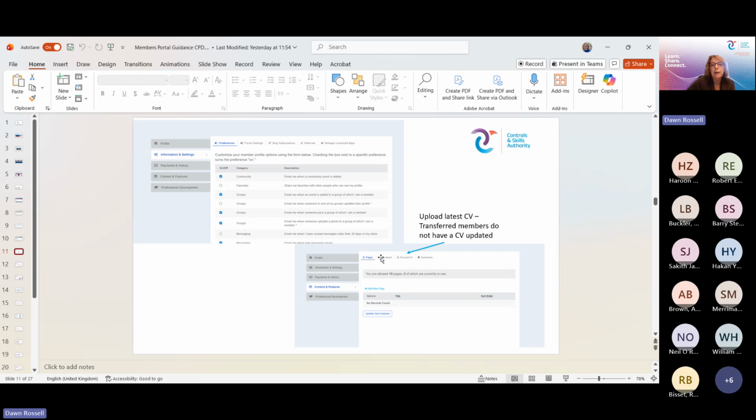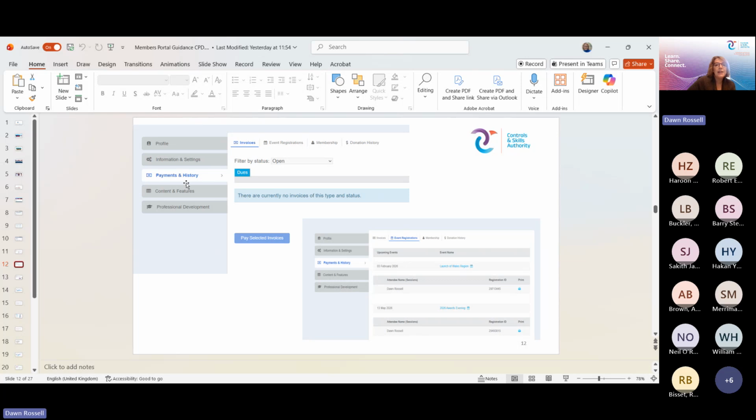If you wish to give us feedback, there's a button there to provide feedback that comes straight through to the system for us. The next tab, payments and histories, fairly self-explanatory, but if we click on the first one, which is at the top here where my mouse is, invoices,